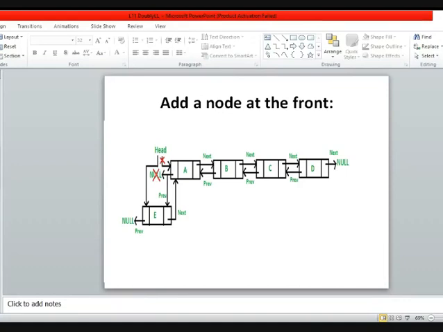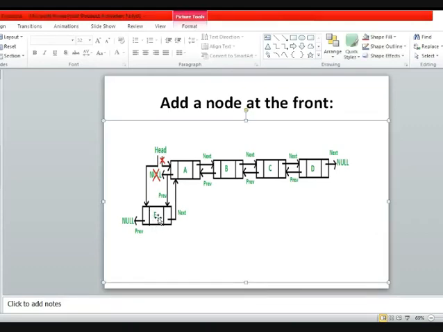So first look at the example. Here a four-node list is given to you, and let's suppose the new node has the value e, and you need to insert this node e in this existing list at the beginning, before the given node, that is a.